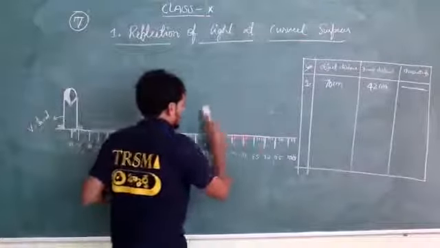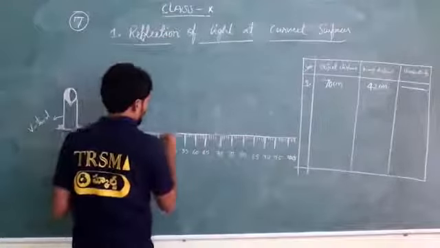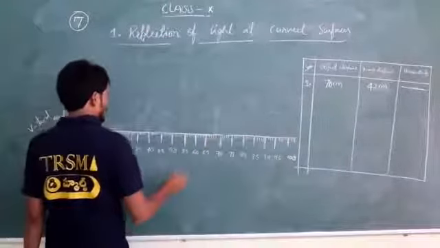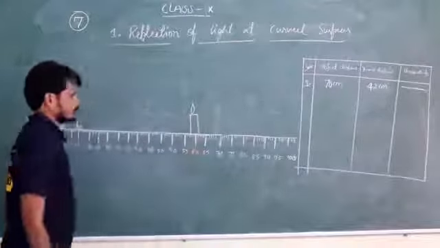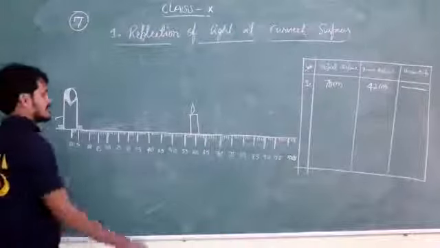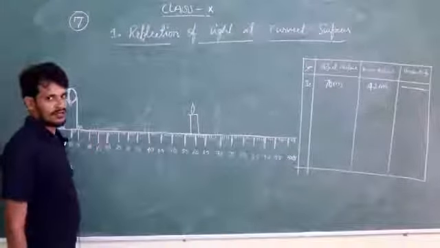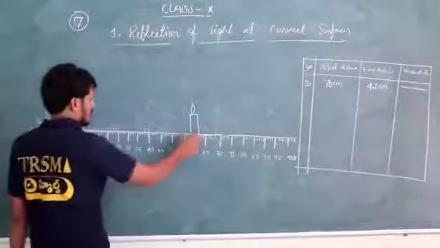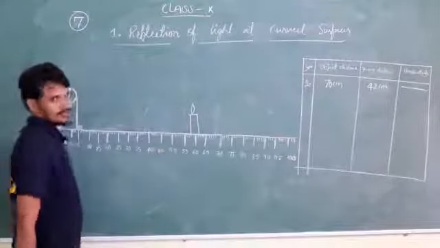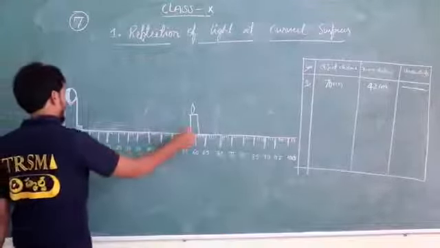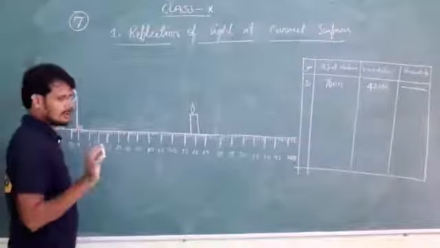Now I am going to place the object at a second distance, like 60 centimeters right now, and in the same way you move the screen from the candle towards the mirror. Sometimes beyond also is possible. If I move the screen towards the mirror and I don't get an image,